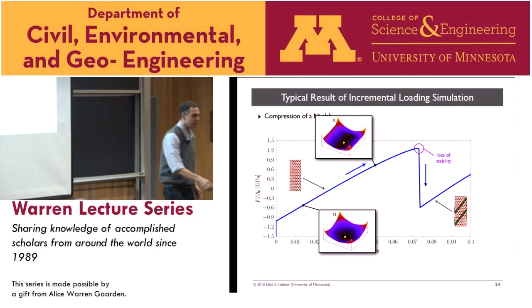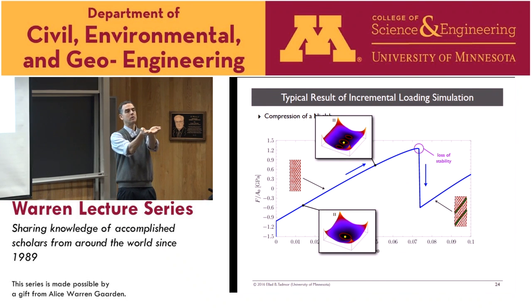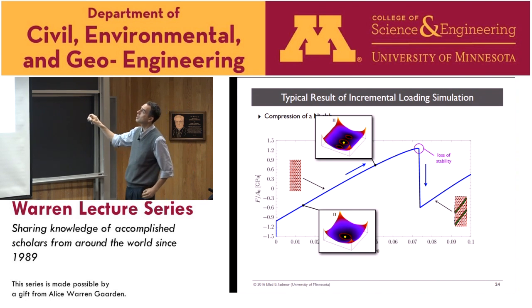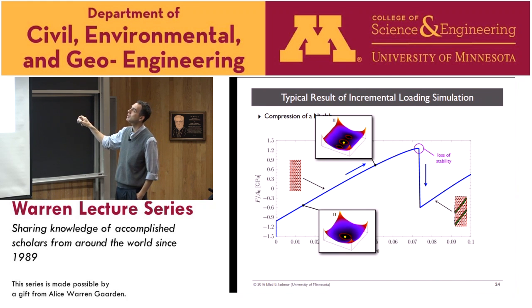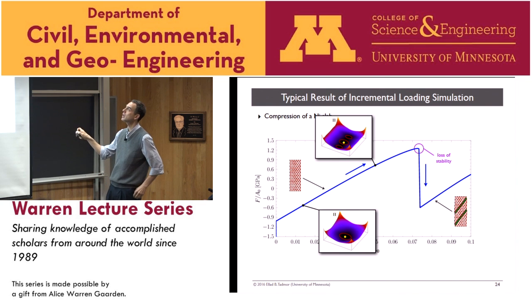In fact, what's happening is you're starting in a well that's gradually going shallower, shallower, and is about to flip over. And when it flips over, that's the loss of stability. There is no more solution associated with the perfect state at that point, not a stable solution. And so those alternative behaviors are beginning to form as you're still here. Now, if you don't have temperature, you can't get to them. If you have temperature, you could hop over a barrier and get to them. But without temperature, you're kind of stuck in this state.